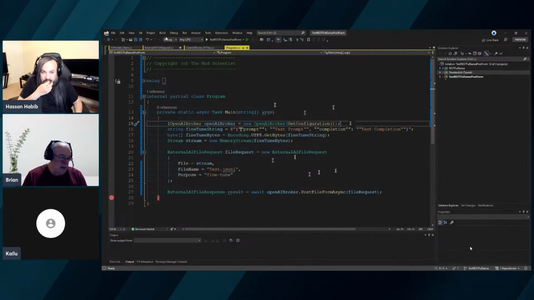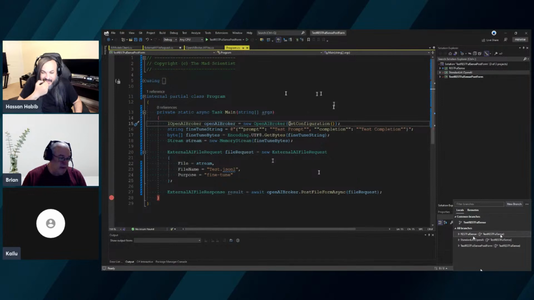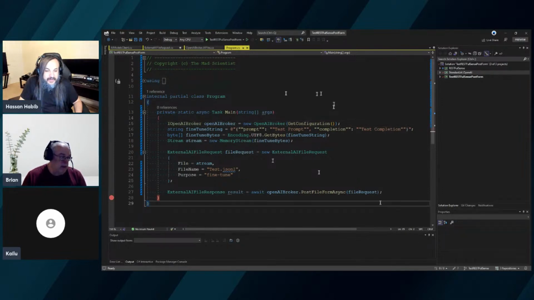Program. I've created a solution here that actually has three different branches, three different repos. I've moved them all out into their own branch. Just for the people watching, Visual Studio now allows you to operate on